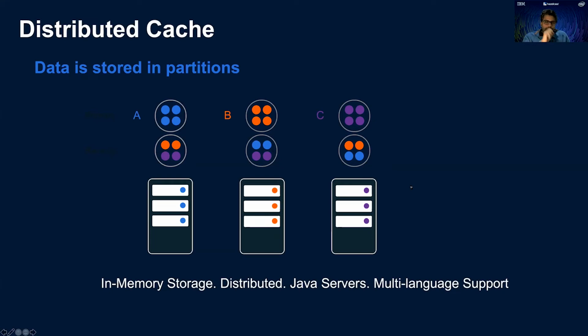So as you see on the screen in this example, we have a 3 node cluster, A, B, and C, 4 blues on A, 4 oranges on B, and 4 purples on C. Those are primary partitions. And if you notice, the backup of node A, those 4 blue dots, is distributedly stored on node B and node C. Same goes with node B's backup, stored on node A and C, and so on. So that's how the backups are distributed.